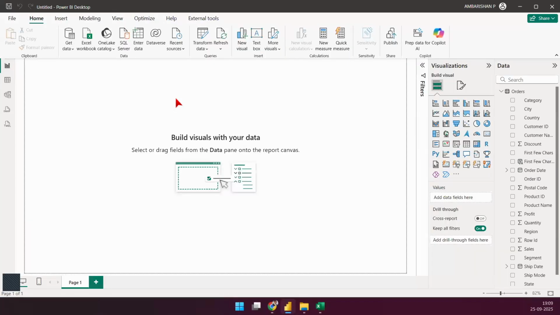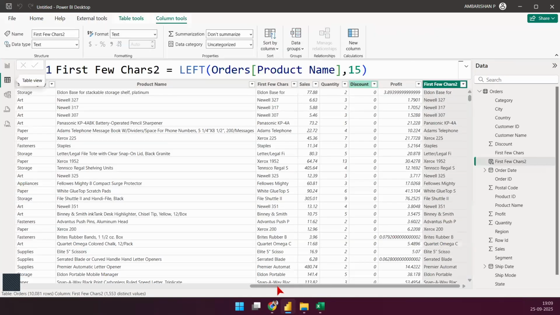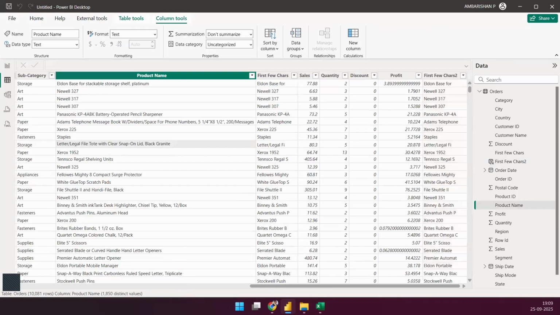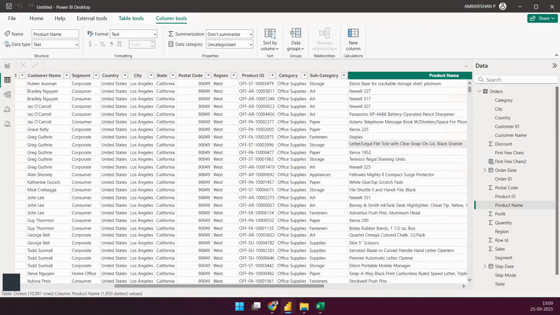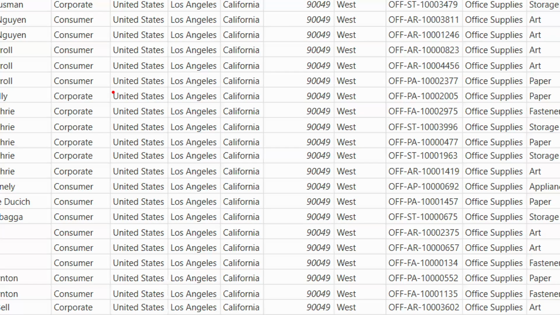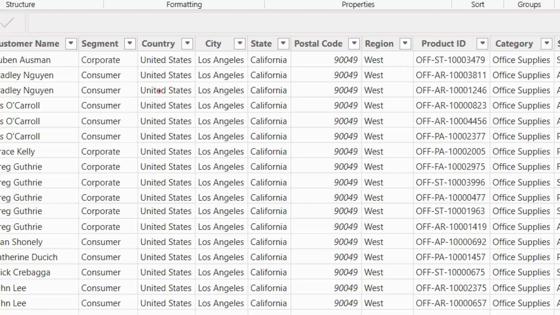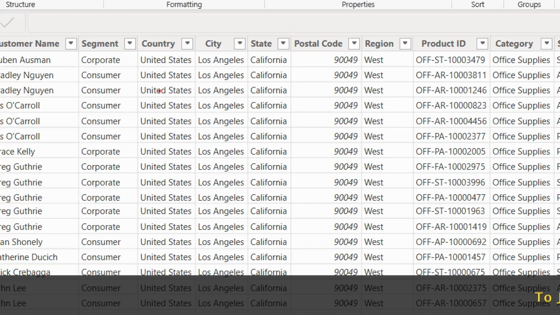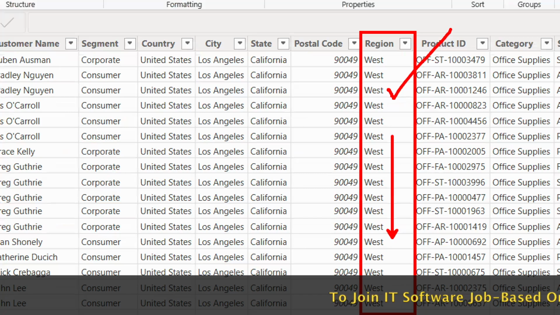Okay. Now I'll give you one more simple way of working with Power BI. I'm just going to show you a very simple thing. So let's do this. Let's say you have some details in your data set. I'm just going to go into the columns here. Have a look. Let's take region. Can I say region is more of a descriptive value? It's more of a text value. Yeah, I'll take state for that case. State is more of a descriptive value, a text value. So you can take any text value, just keep that in mind.